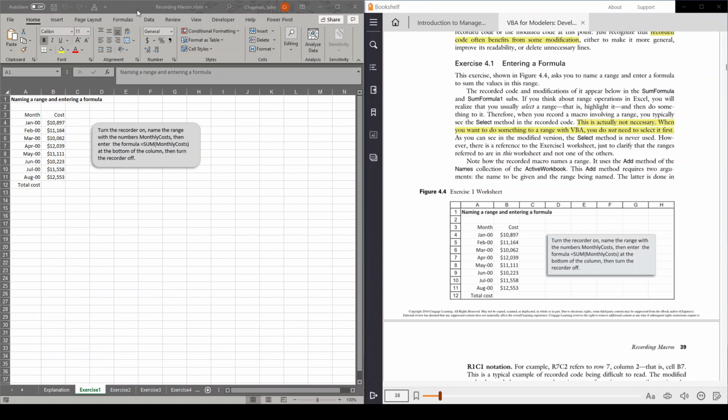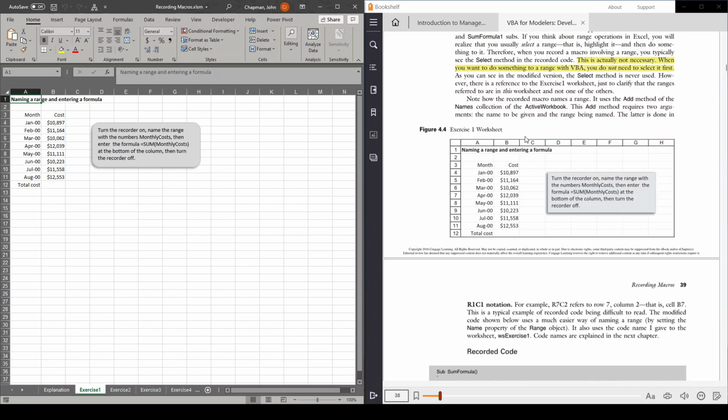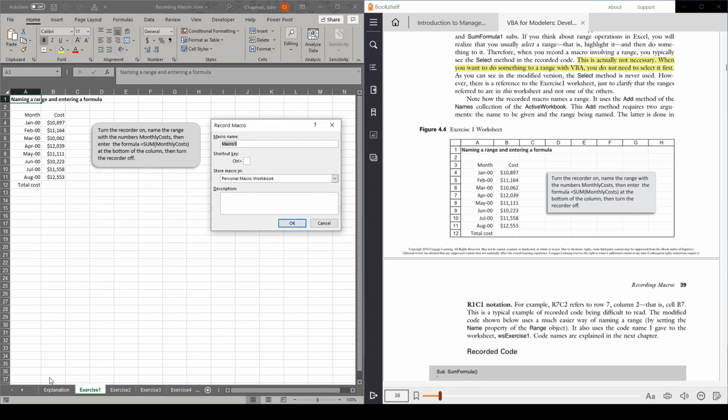So I've pulled up the recording macros worksheet on the left. I've got the textbook on the right. And I'm going to follow through what it says here. It says to turn the recorder on, name the range with the numbers monthly costs, then enter the formula at the bottom of the column, and then turn the recorder off. So here we go. I'm going to record,